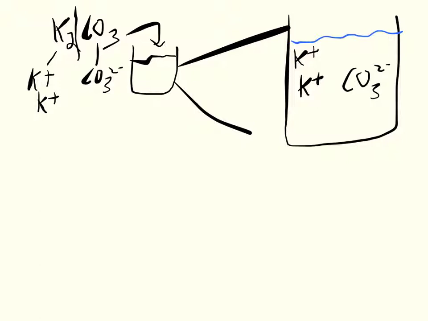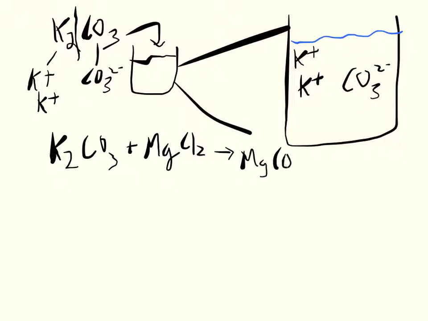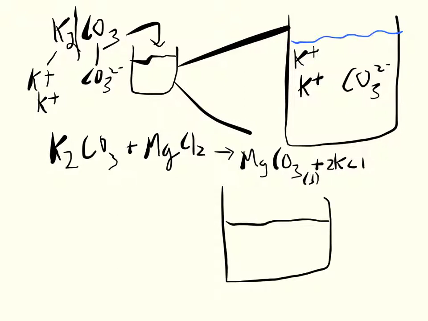We also have to be able to do particulate diagrams with, let's say you added K2CO3 plus, say we did MgCl2. And we knew that this formed a precipitate, like magnesium carbonate is a precipitate, and we have 2 KCl's. If we wanted to draw what the particulate diagram would look like at the end, since this is going to be a precipitate, again, I'm just going to tell you that, at the bottom, we would expect